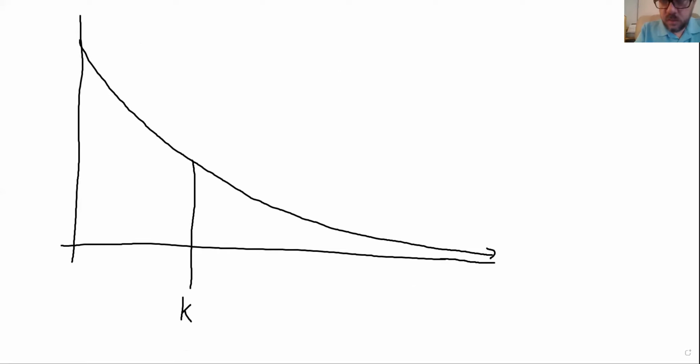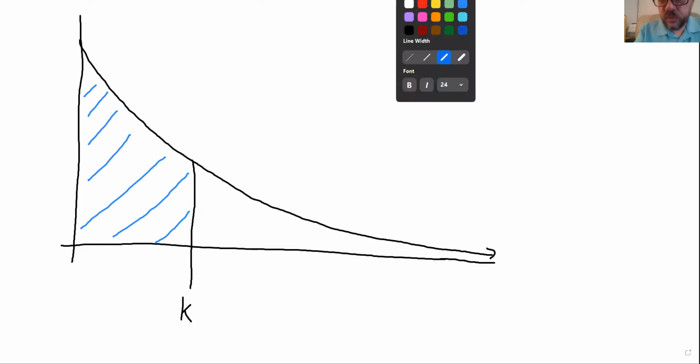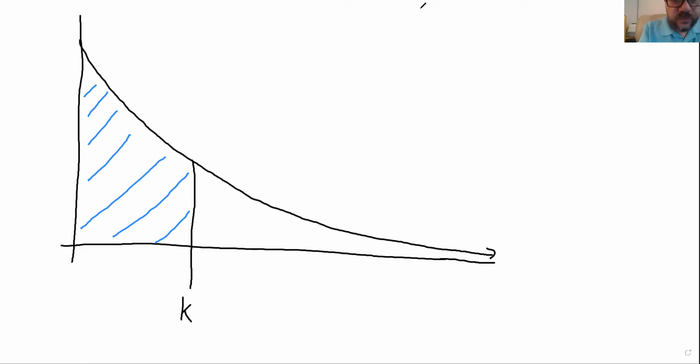To the left of k, in blue, we're going to have some area in blue, and then to the right, we're going to have area in red. This is blue area, so the probability that x is less than k